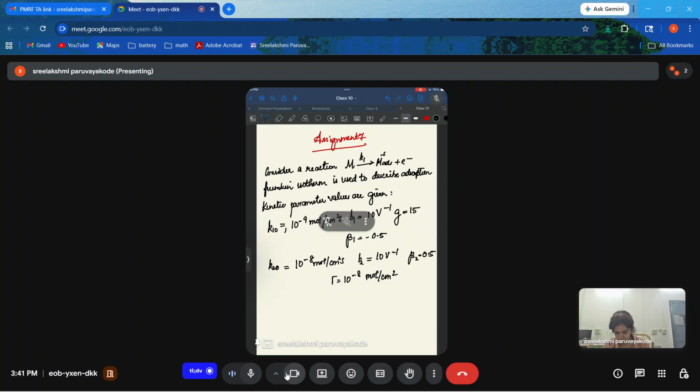These parameters are given, and then finally the question is the maximum number of loops